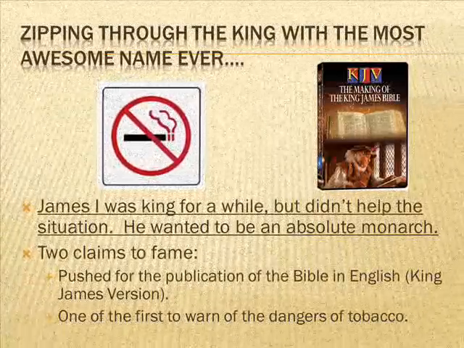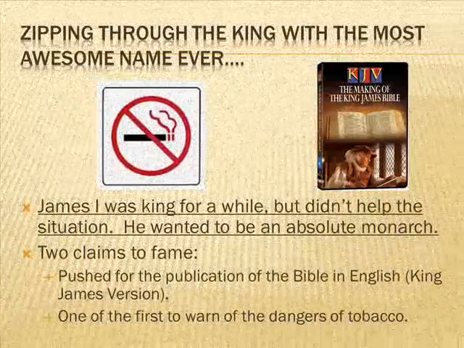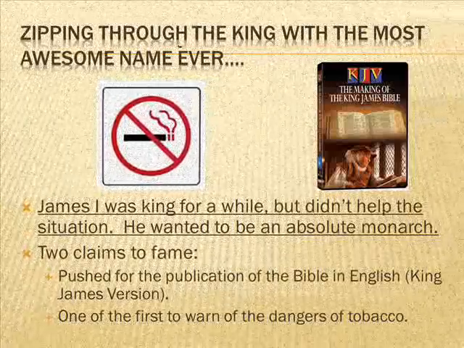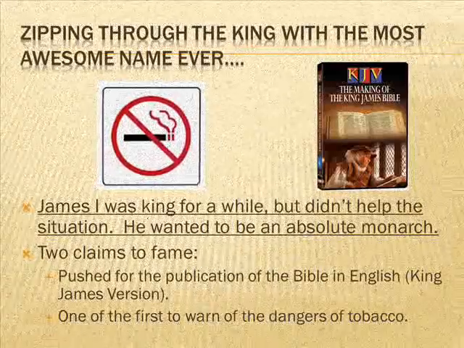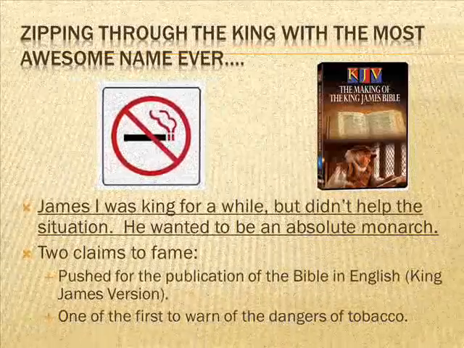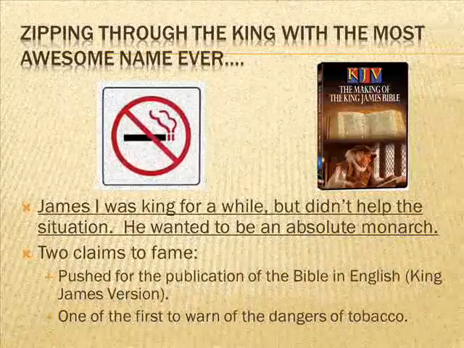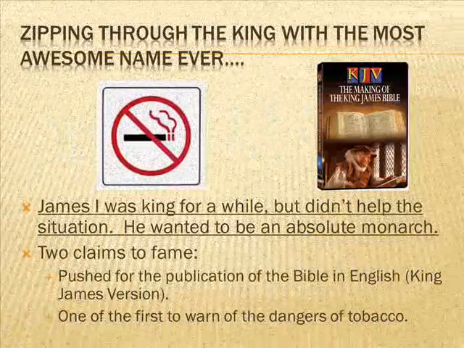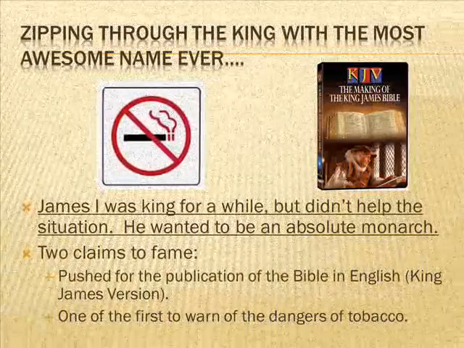Well, King James, who wasn't English, he was Scottish, comes in, and during this time period, Scotland and England were separate countries. The English weren't necessarily as thrilled with James. He's king for a while, but he really buys into this absolute monarch thing, and the English aren't thrilled to have this Scottish guy trying to be an English monarch.